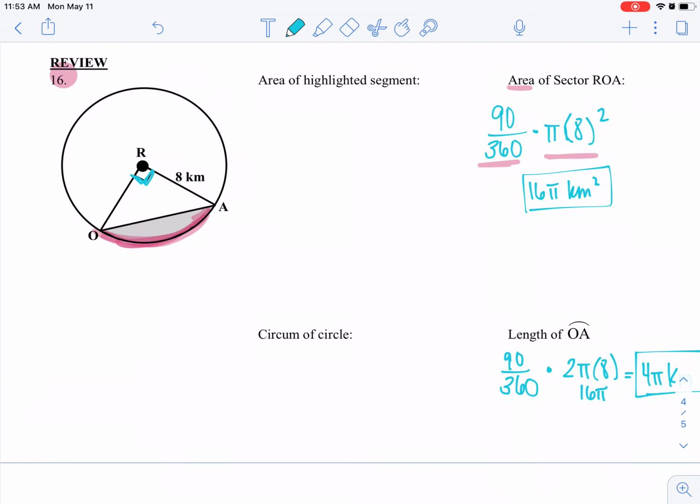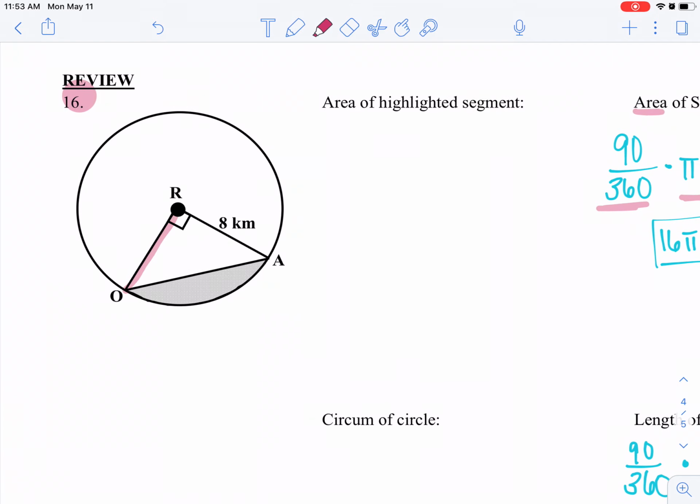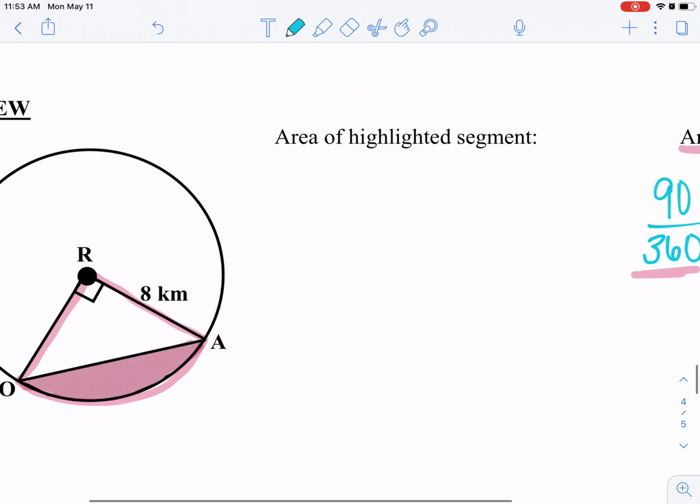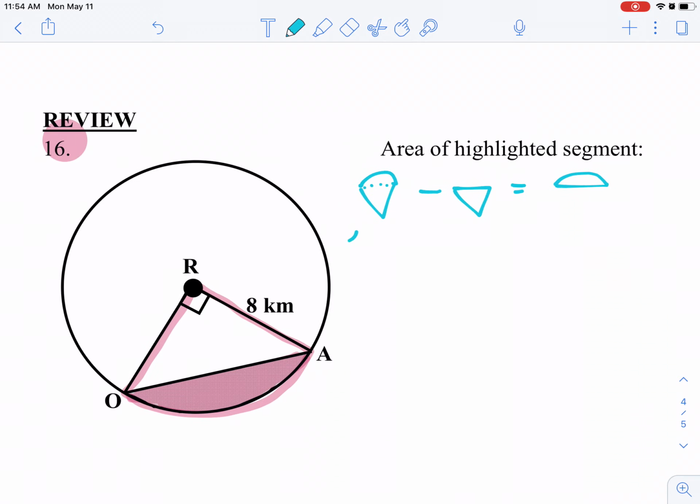The last one then is the area of that highlighted segment. So if we go back to the idea of this slice being a slice of pizza, how much crust are we eating? So the segment is like the crust of our pizza. So how much is that? If you take your slice of pizza and you eat the pizza part, the part with all the toppings, right, you're going to be left with the crust. So what we have to do is find the area of the sector, so the angle over 360 times pi r squared, and then minus the area of a triangle, 1/2 base times height,